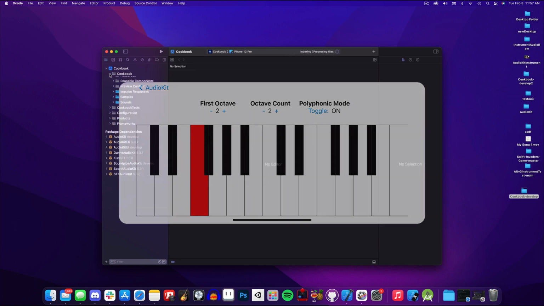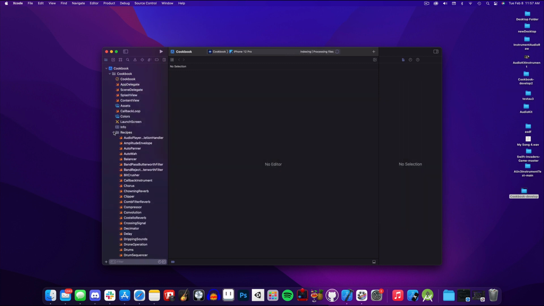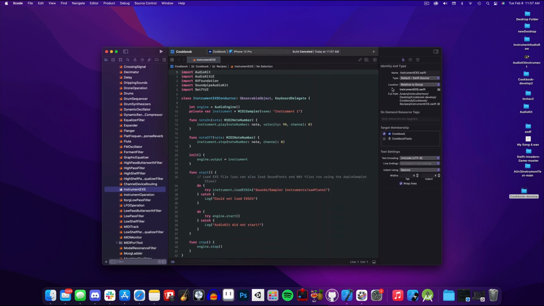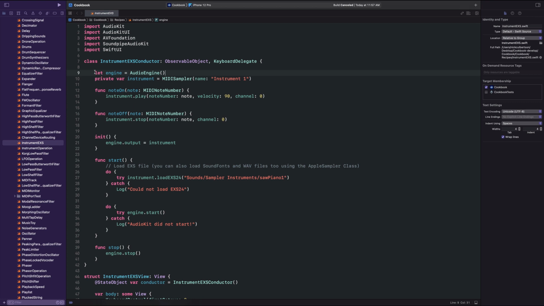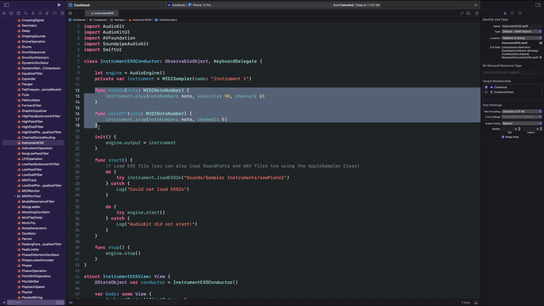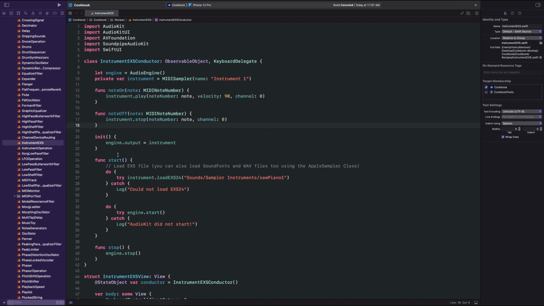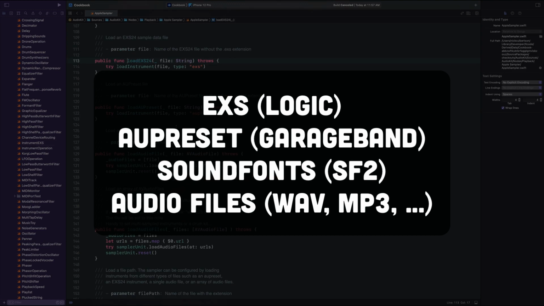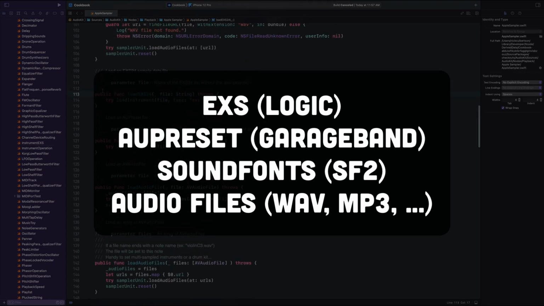Back in our project, if we navigate to the recipes folder, you'll see the instrument EXS file. I contributed this recipe to the cookbook to demonstrate the most bare bones example of loading an instrument in AudioKit. In the script, we're creating an audio engine instance and feeding it a MIDI sampler instrument. That MIDI sampler instrument is then played using the keyboard delegate methods for note on and note off. Using the MIDI sampler, which works in conjunction with AppleSampler, you can create instruments from EXS files created using the sampler in Logic, AUPreset files created using the AUSampler and GarageBand, SoundFont2 files, or an instrument made entirely from audio